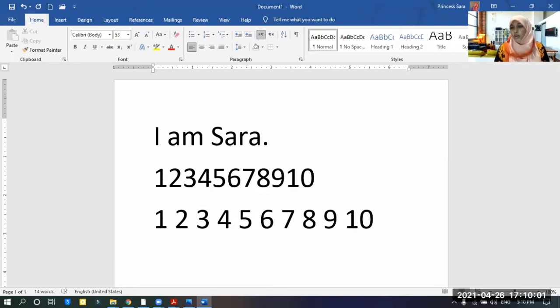Again, I taught you about the Tab key, how to use the Tab key and why we use the Tab key. We use the Tab key to provide a little bit of extended space. Okay, like this. For an example, 1 tab, 2 tab, 3 tab, 4 tab, 5 tab. So in between there is a long space when you are using the Tab button. Now understood? If yes, put a yes.